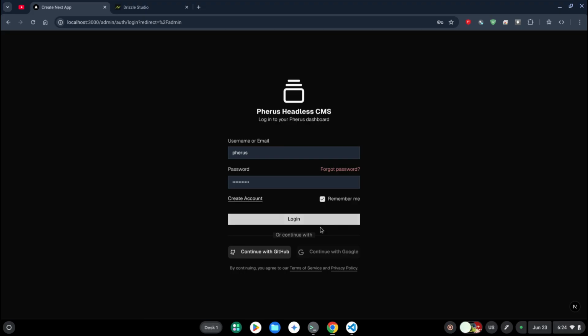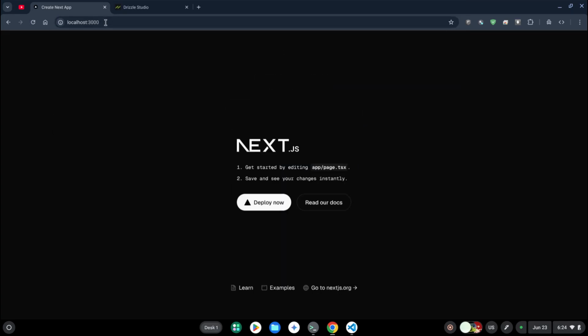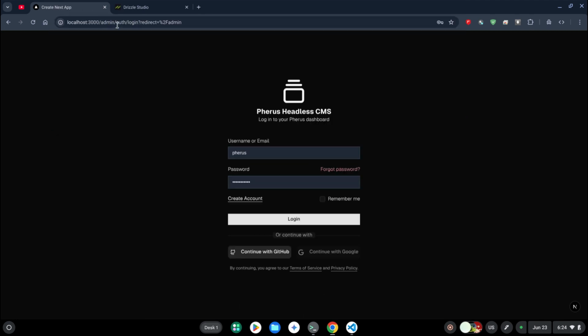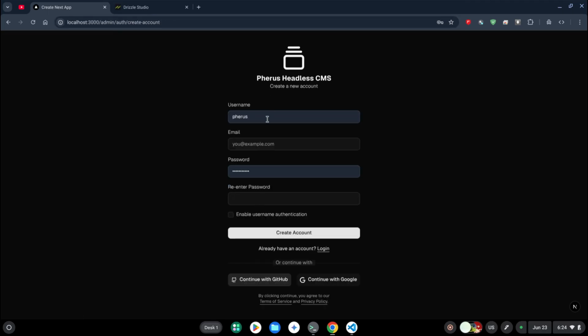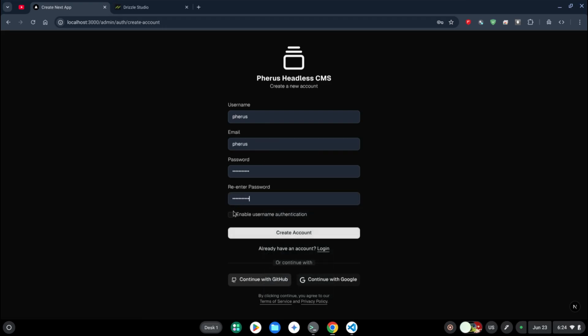So what I'm going to do is log in. So we have the login page and we have the create account. When I move back to the home, this is the home, and then we have the admin, which will check if we are authenticated or not. If we are not authenticated, it redirects us to the authentication login. In order for us to log in, you can head into create account and create an account for yourself, and you can either enable username